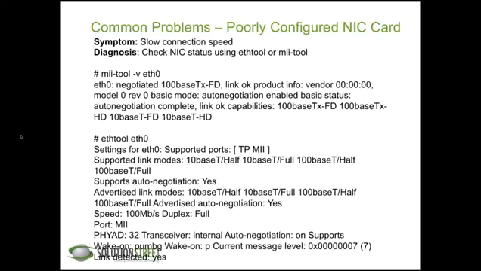A couple of things that are often misconfigured are duplexity. Is it full duplex or half duplex? A lot of times the auto negotiation will do half duplex, and this is kind of how you can tell here. That's the full duplex here. There are two tools you can use, mii-tool and ethtool, and most Linux distros come with both. You can run either one. They'll tell you all about your NIC card, what the speed is, 100 base T, and full duplex is what you want, or better for really high-end stuff.